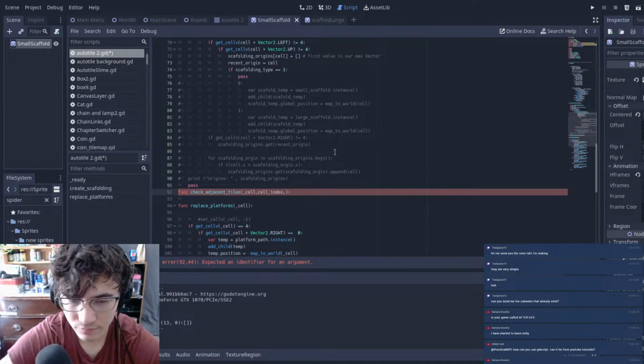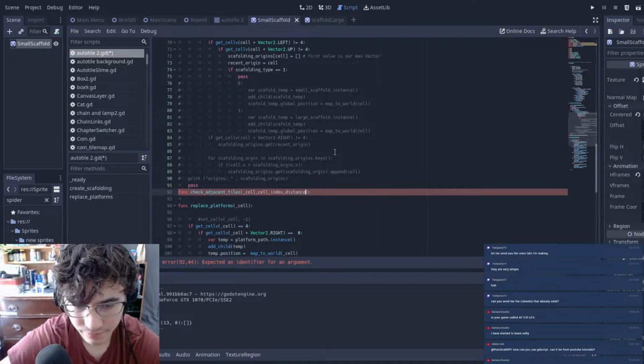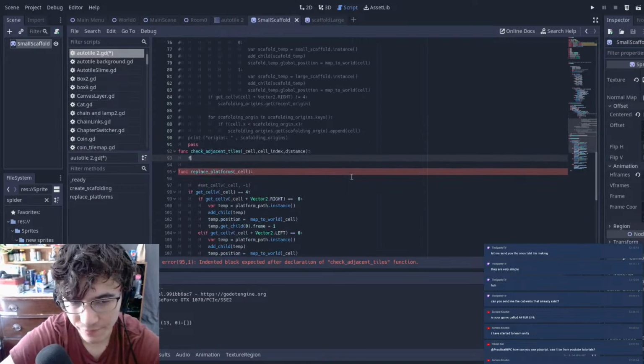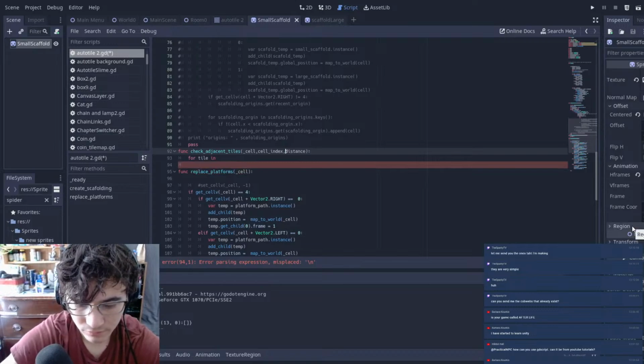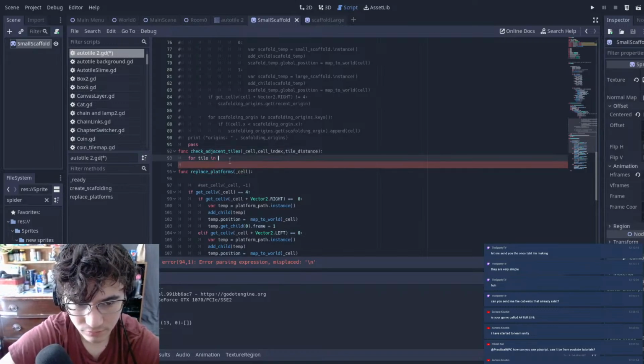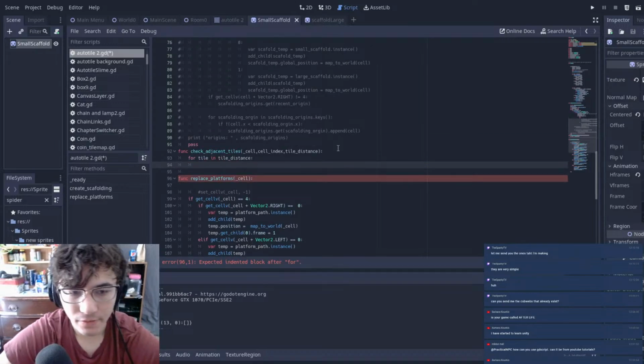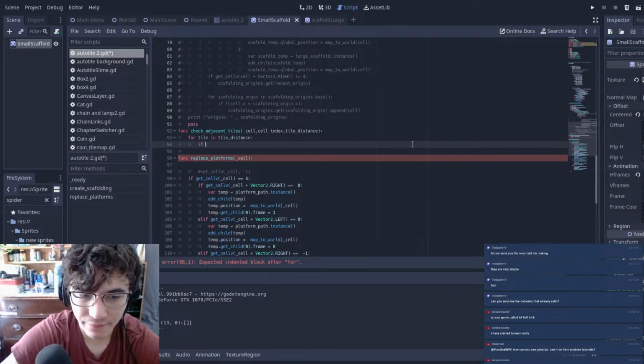Let's just say distance. And then we're going to say for tile in, let's call this tile distance. For tile in tile distance, if